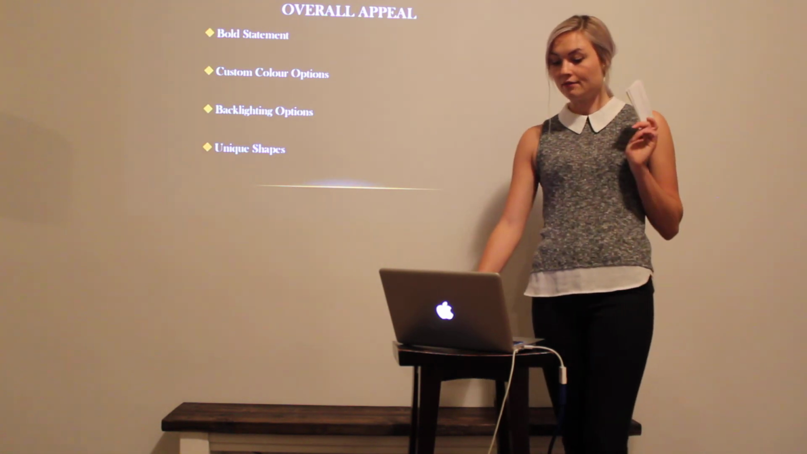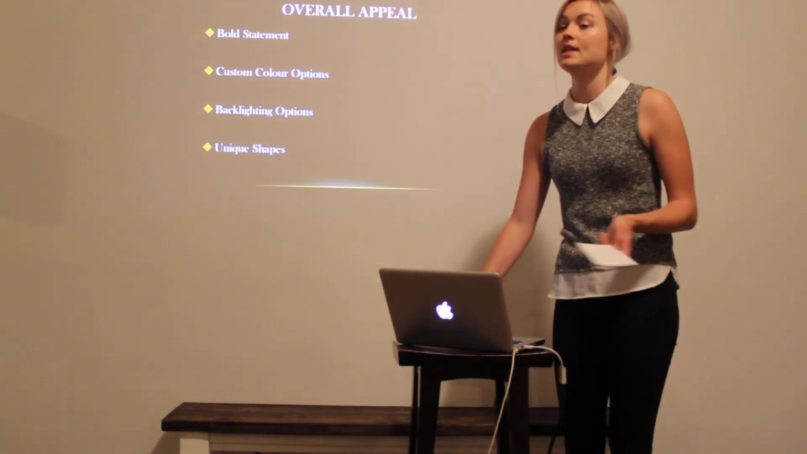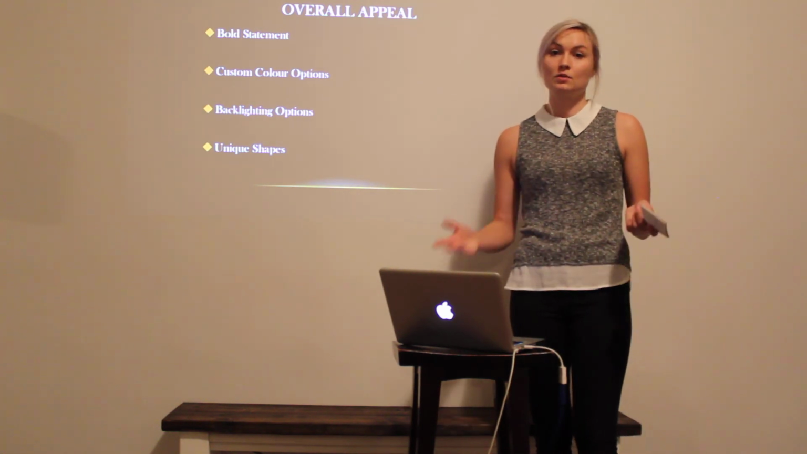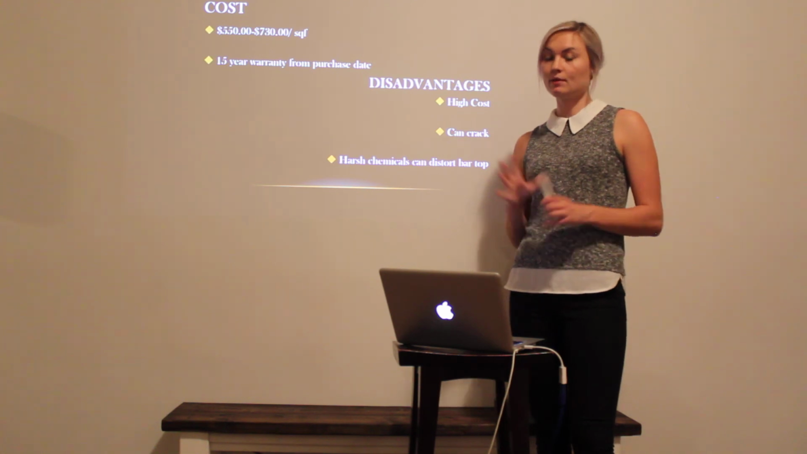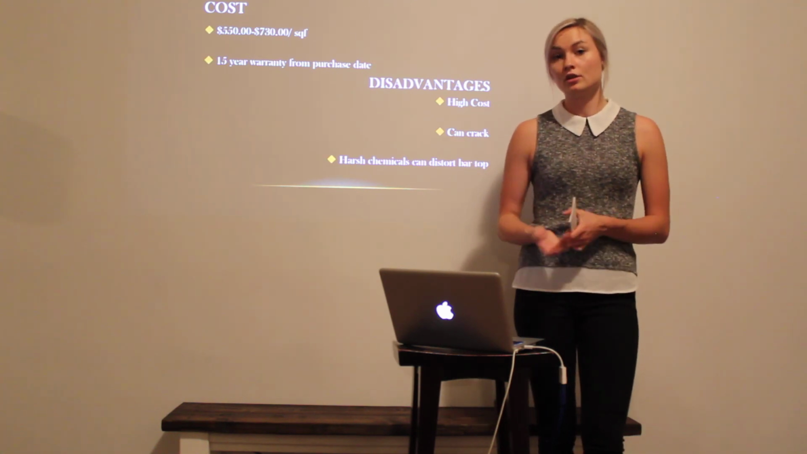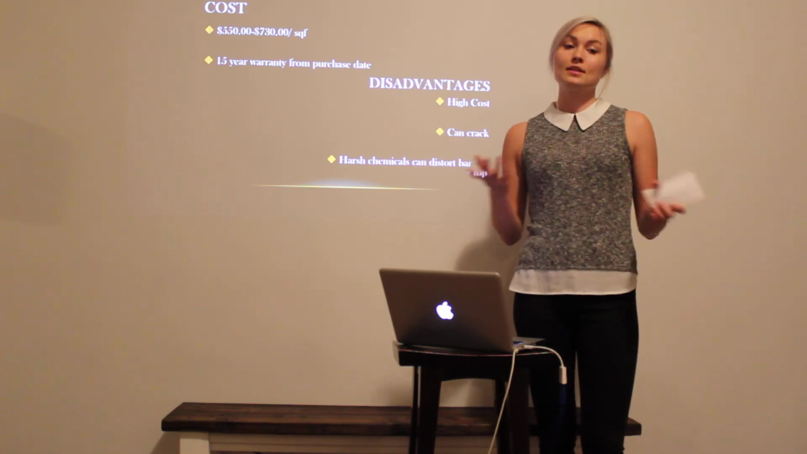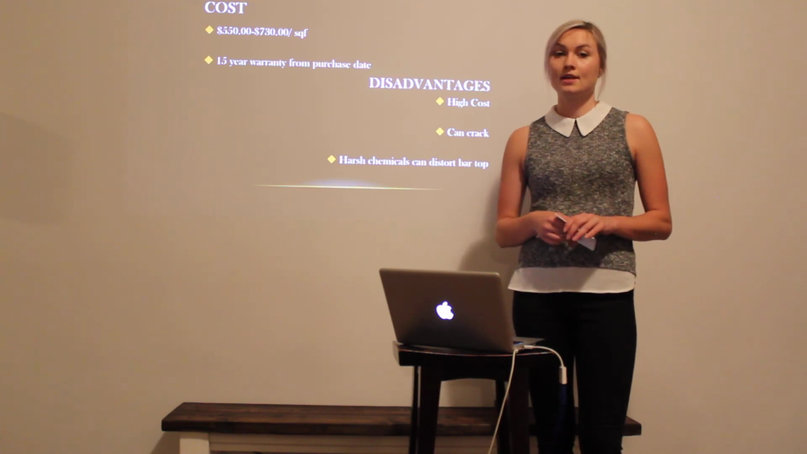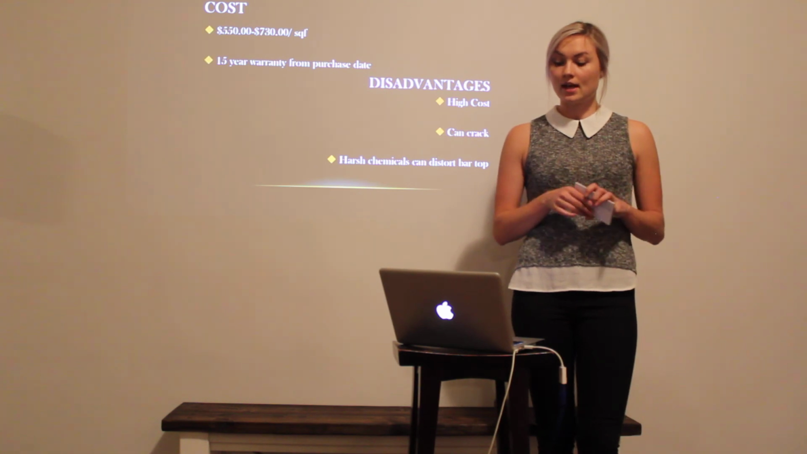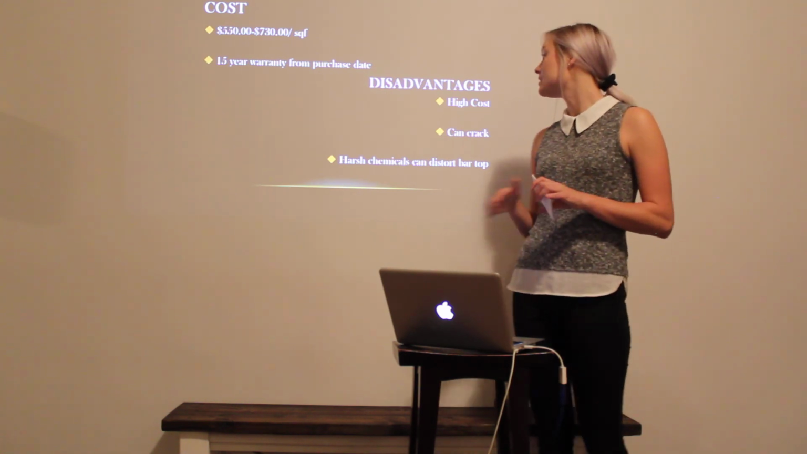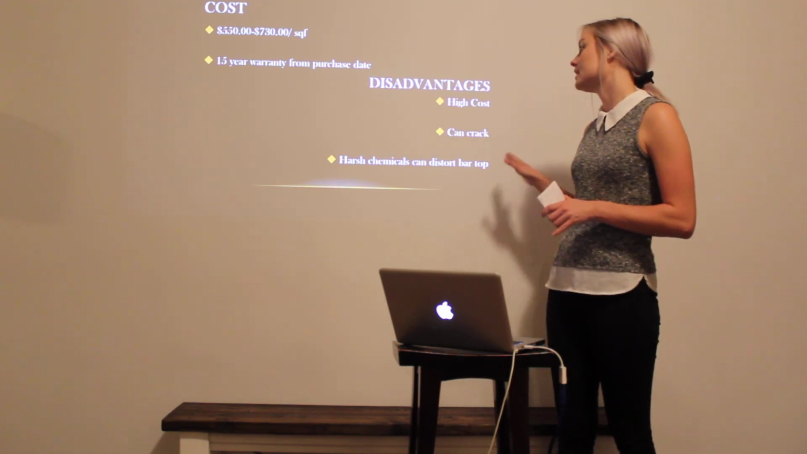And we can also have the bar in a unique shape because it is one piece. We can have it built into any shape we really want. It is quite costly. It's around $550 to $730 per square foot, but it does come with a 15-year warranty from the purchase date. Some of the disadvantages to abenite is the high cost, and it can crack because it is one piece,